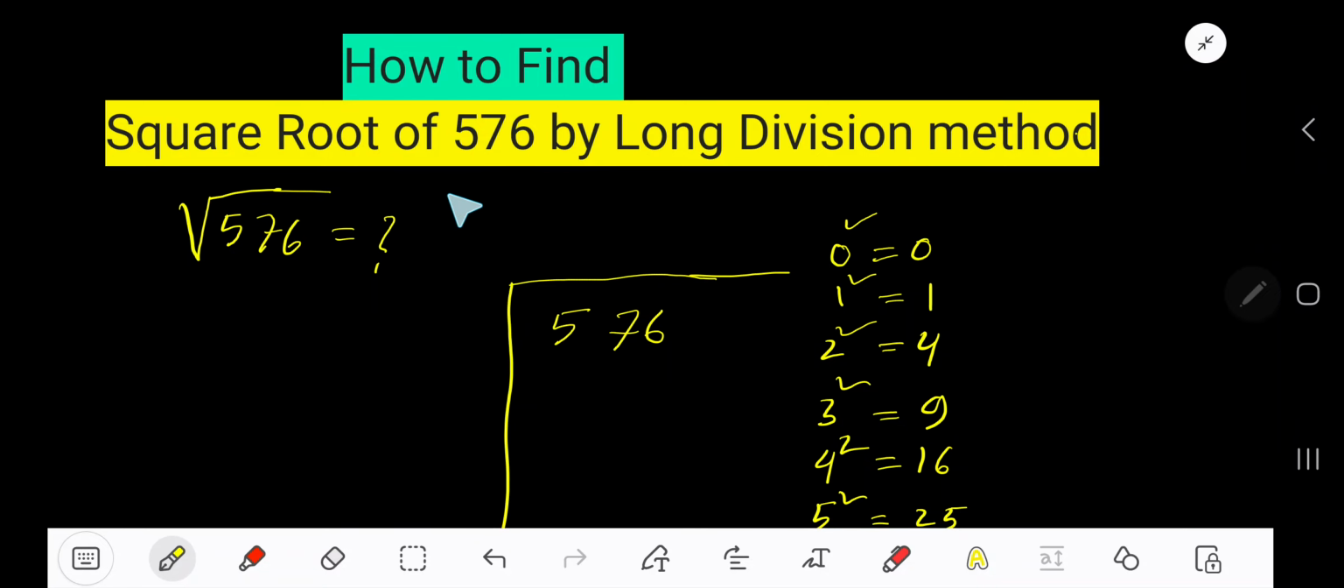How to find the square root of 576 by long division method? First, make pairs. This is your first pair, this is your second pair. Now,